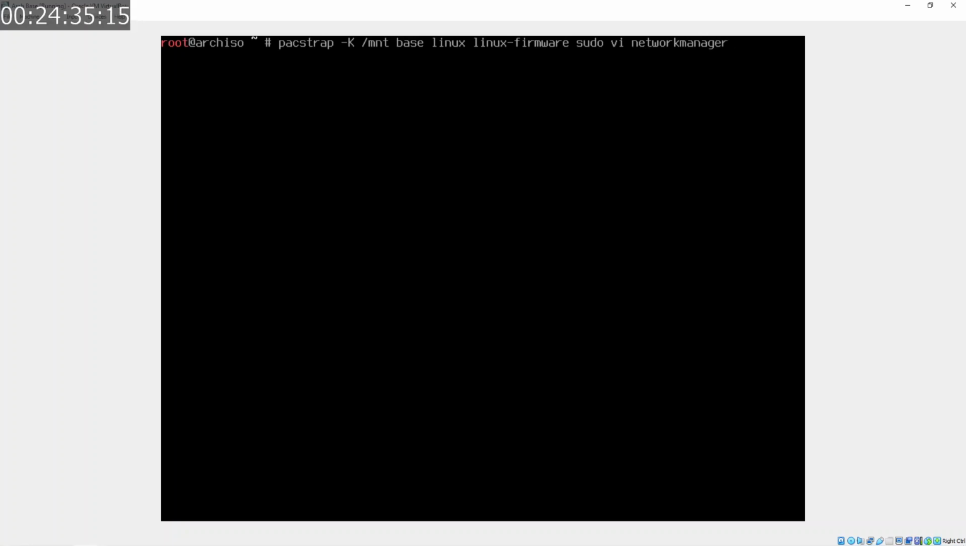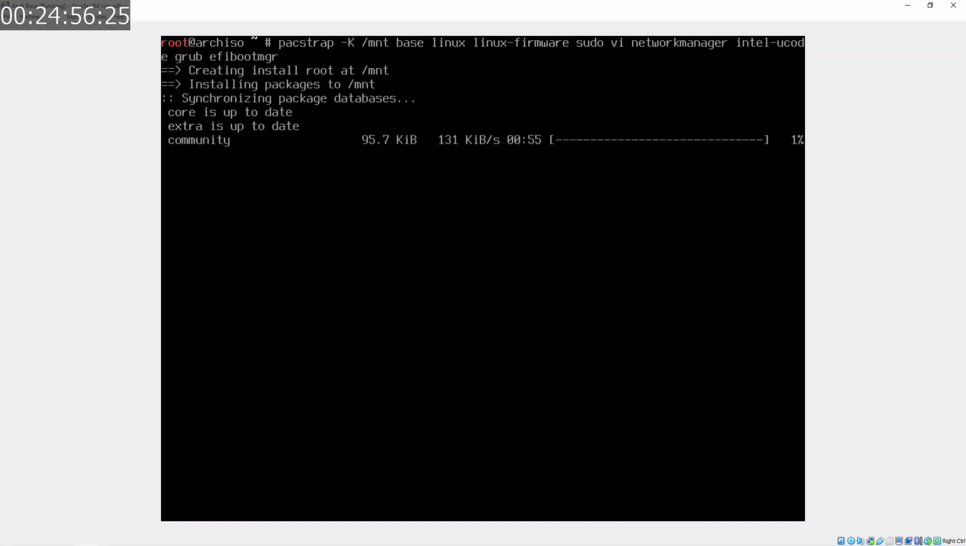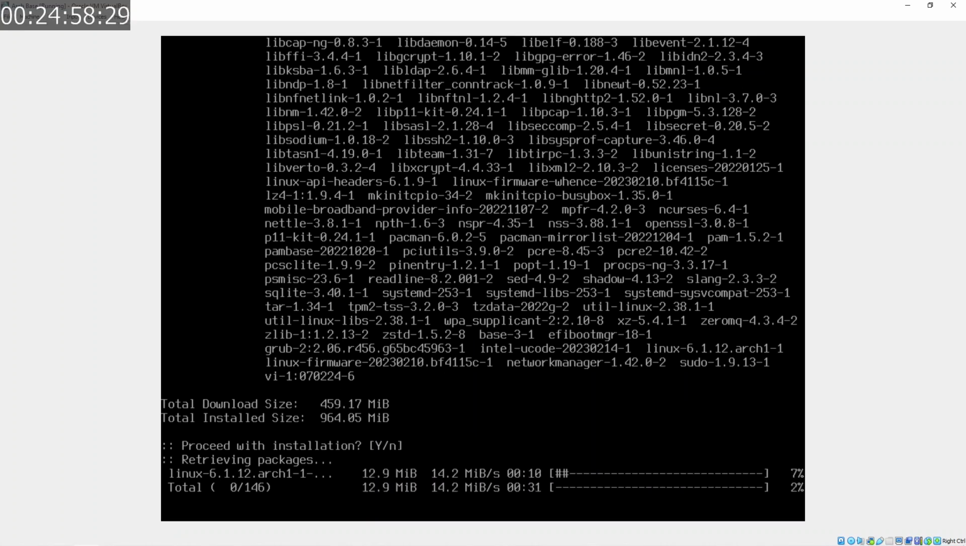We also will install the Intel microcode since this is on an Intel-based machine, even if it is a virtual machine. And we will install GRUB and the EFI boot manager. Again, many people install these later. I'm just installing them now, getting everything done in one shot. Y to install all the packages, and they will all be sent to the